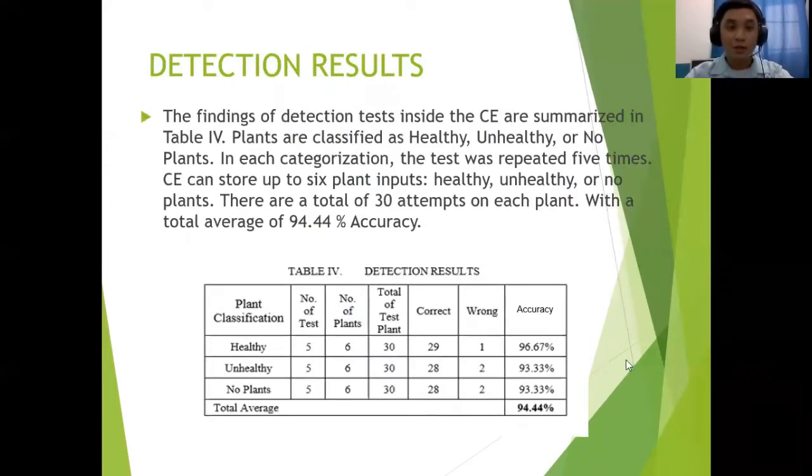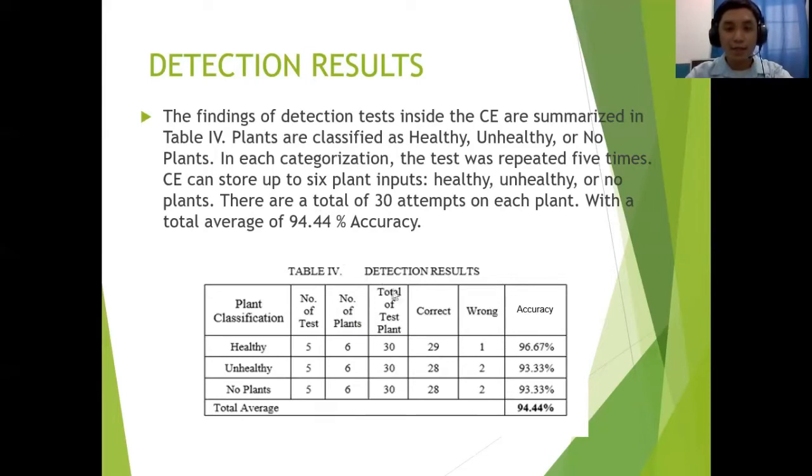Next are the detection results. The findings of the detection tests inside the controlled environment are summarized in this table. Plants are classified as healthy, unhealthy, or no plants. In each categorization, the test was repeated 5 times. The controlled environment can store up to 6 inputs, like I said earlier: healthy, unhealthy, or no plants. There will be a total of 30 attempts in each plant, with an average of